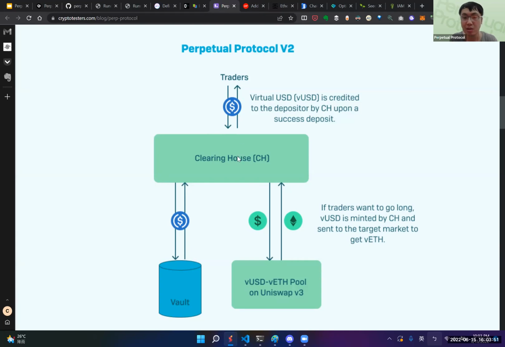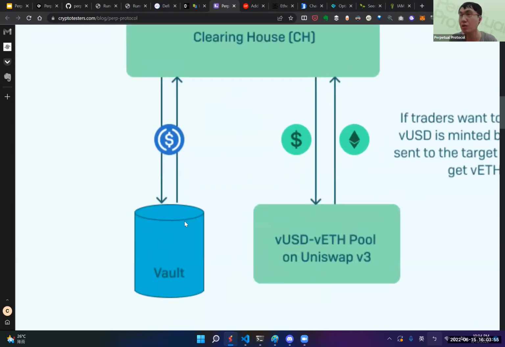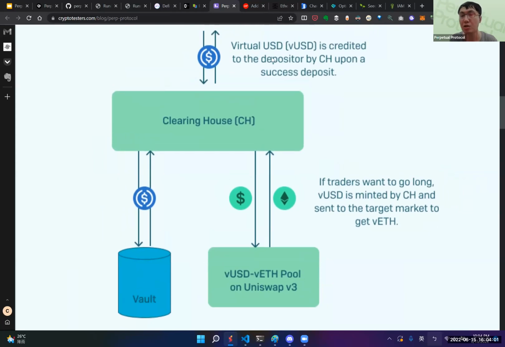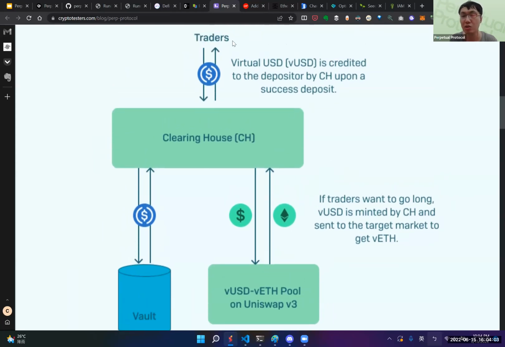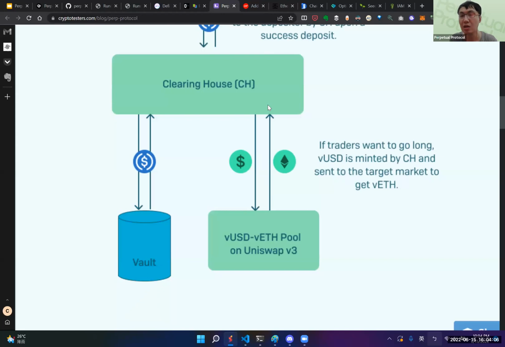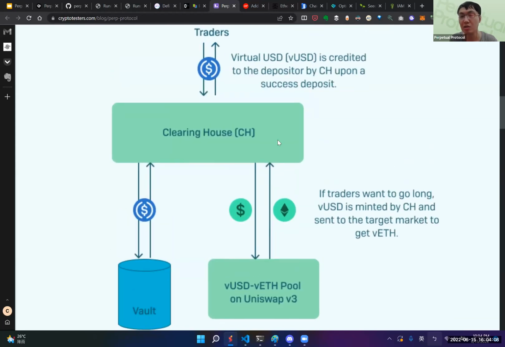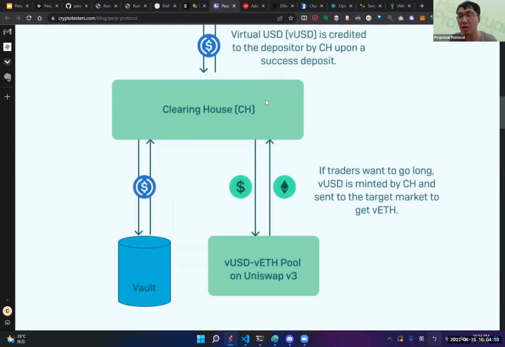Once the user deposits the USDC, the USDC will be stored inside another smart contract called the vault. That's the place where USDC is stored. And as I mentioned, the VUSD is credited to the user. So whenever a user wants to trade, in this case, this is a trader, the clearinghouse will mint the VUSD on behalf of the user and throw it to